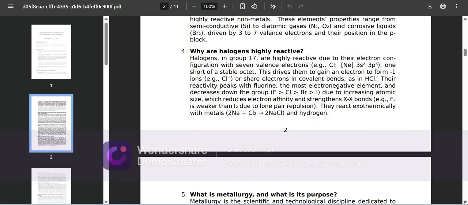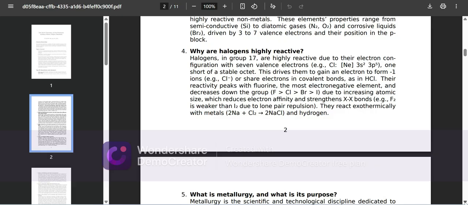Why are halogens highly reactive? Halogens in group 17 are highly reactive due to their electron configuration with 7 valence electrons. Example: chlorine, [Ne] 3s2 3p5, one short of a stable octet. This drives them to gain an electron to form 1- ions, example chloride ions, or share electrons in covalent bonds,